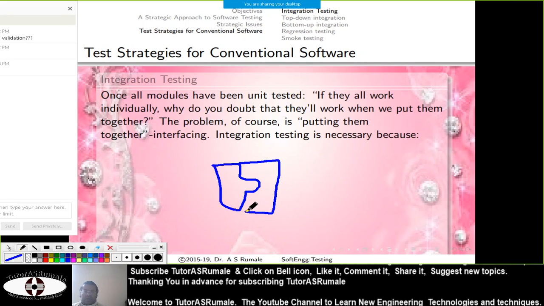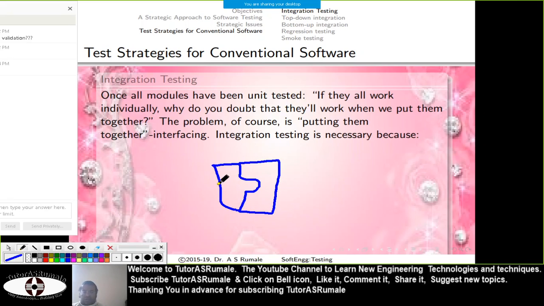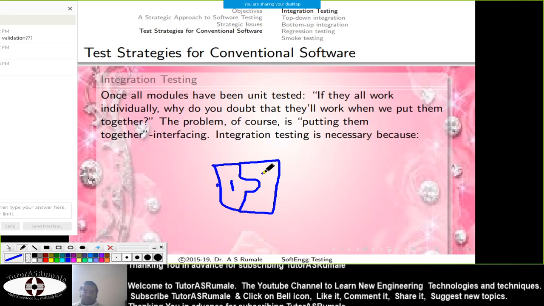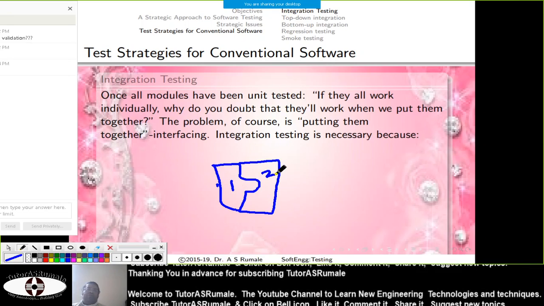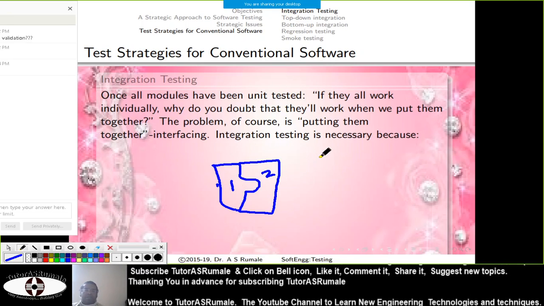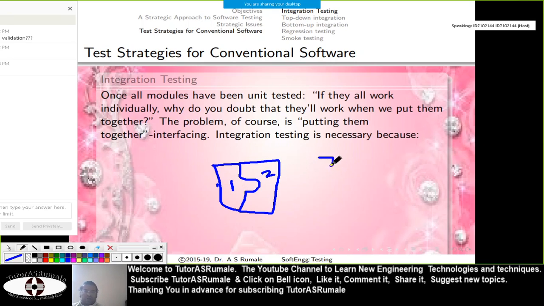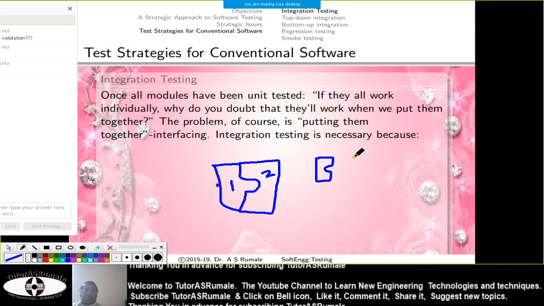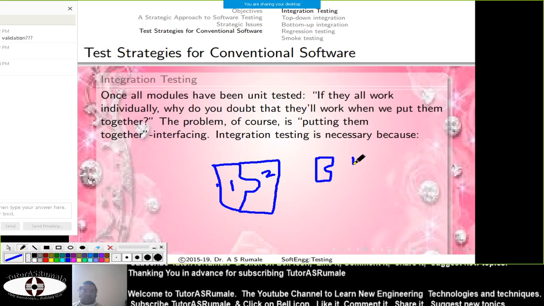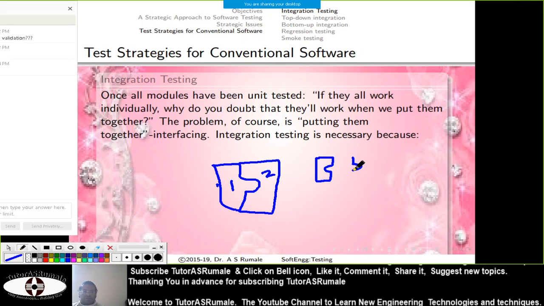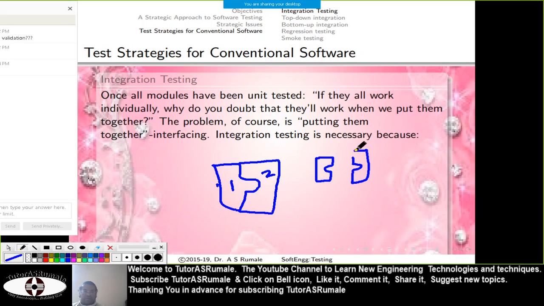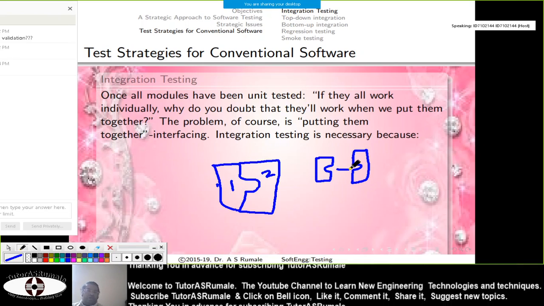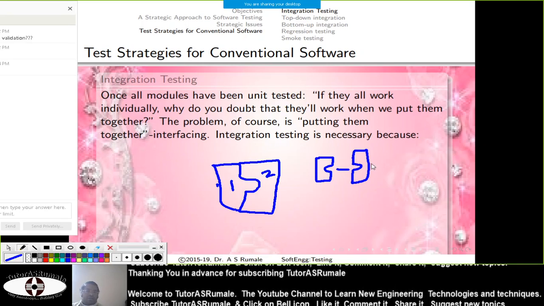So this is unit 1 and this is unit 2. They fit well with each other. But suppose you have one unit like this, and a second unit like this. These units are not compatible with each other, they can't fit well.